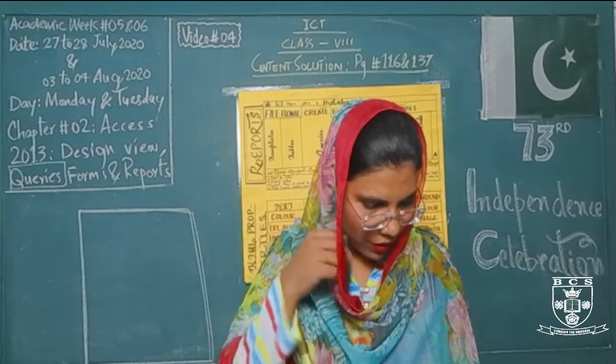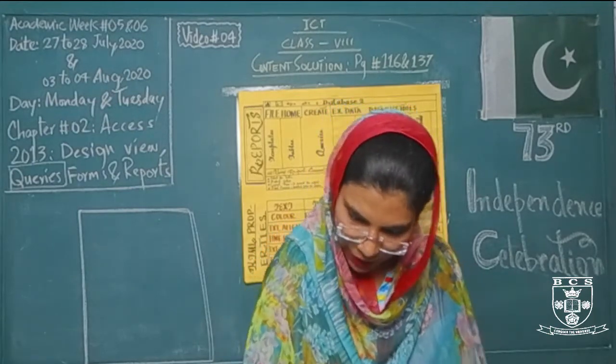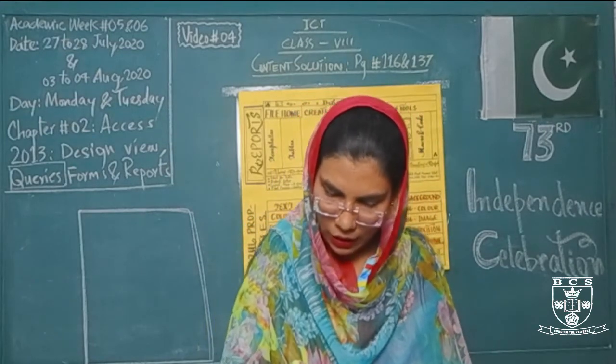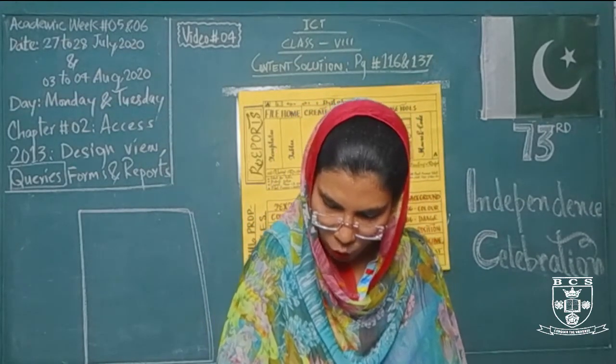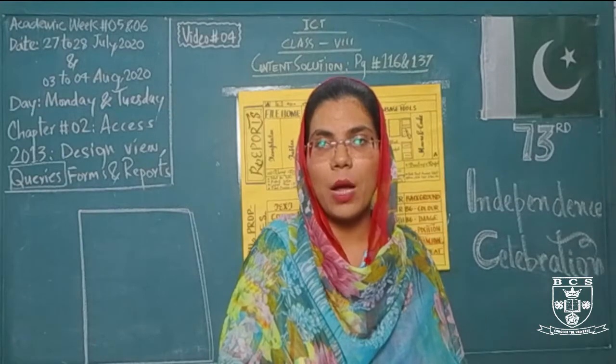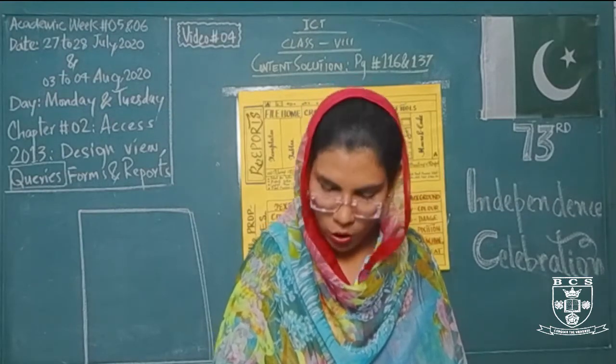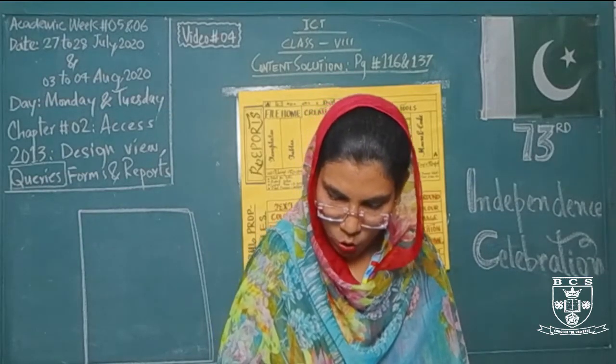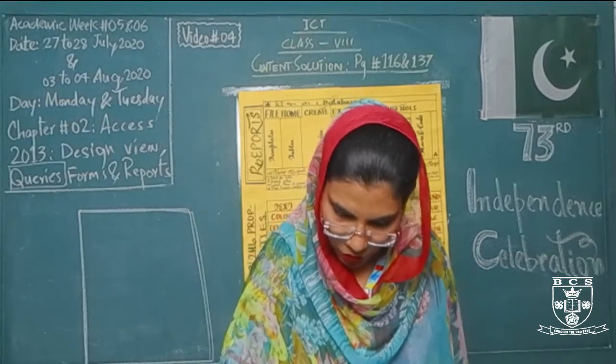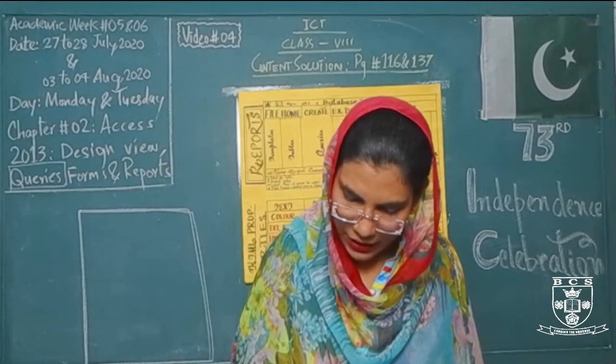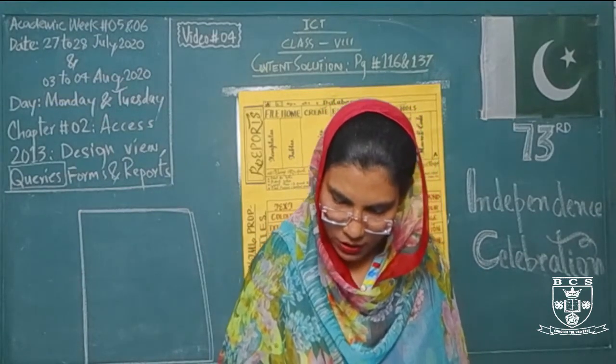So here we have 2 different application based questions, A and B. For A, we have to consider the table given on the right and answer the following. As you know, for proper understanding, you must open your book to page number 47. There is a table on the right side of our page, and we have to answer the different questions.